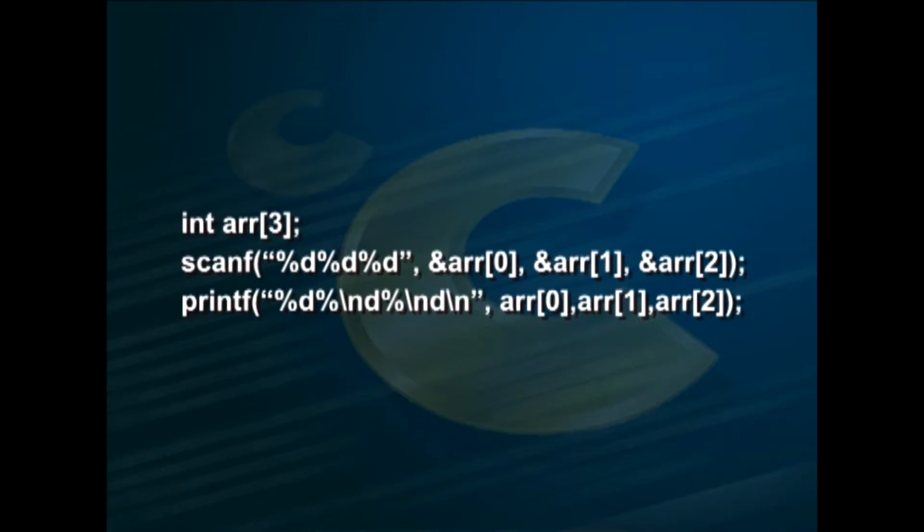For example, the elements of array ARR are read and displayed as int ARR[3]; scanf("%d %d %d", &ARR[0], &ARR[1], &ARR[2]); Then printf("%d %d %d", ARR[0], ARR[1], ARR[2]). When the array size is large, then it is very tedious to read and display as we discussed. Here the loop structure may be used so as to simplify the task.